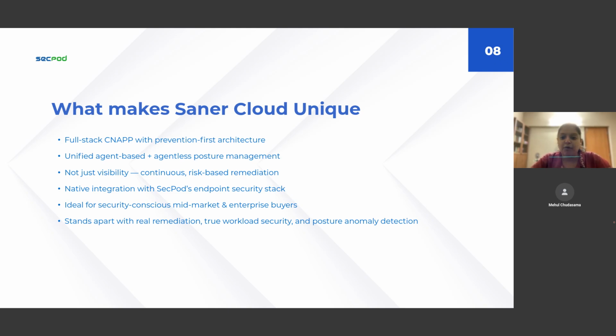We combine our coverage. Why? Because there are a lot of gaps in security as well, such as say dynamic or ephemeral workloads, like we call them, or even internal behavioral monitoring. So Saner Cloud gives you layered visibility without forcing a trade-off in any case. And also, perhaps the most strategic differentiator, what sets Saner Cloud apart from everybody else, is a prevention first, exploit based risk prioritization.